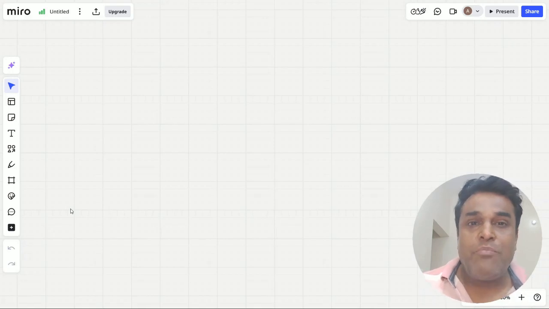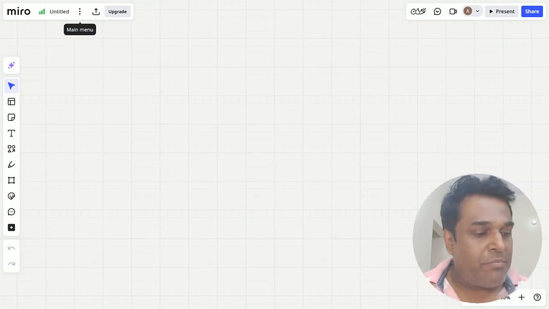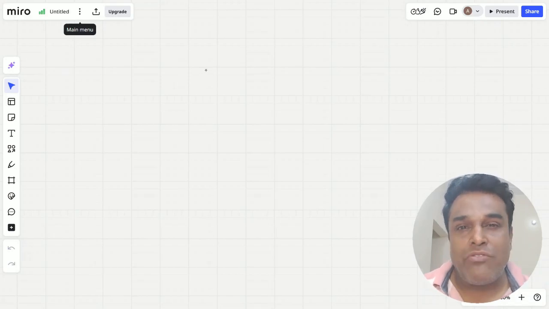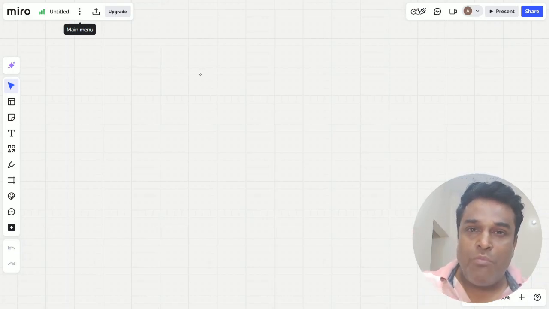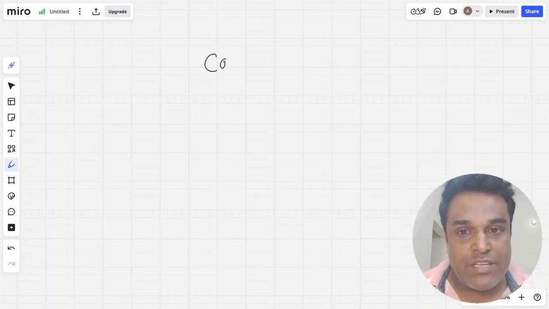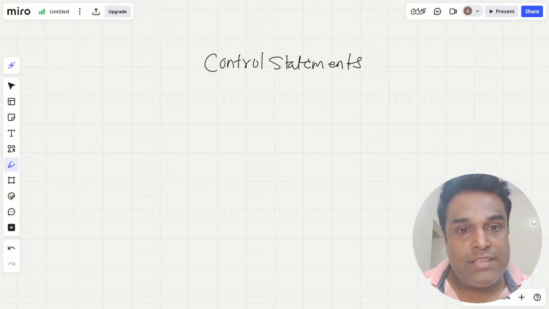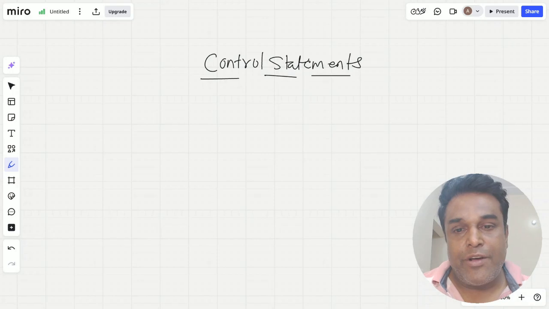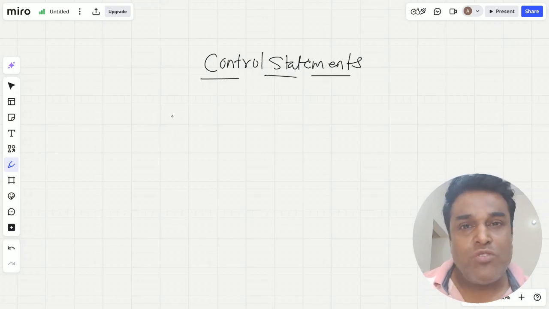So in any programming language, be it Python, C, C++, or Java, the flow of execution happens from top to bottom, right? So basically, what are control statements is what we're going to understand. These control statements. And as I said, suppose there are 4 or 5 lines of code, like